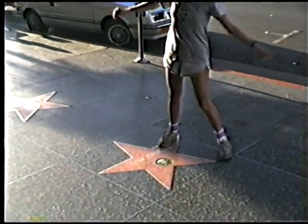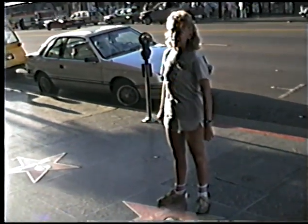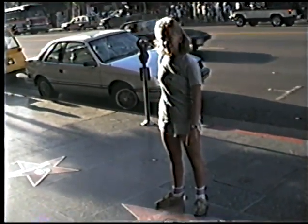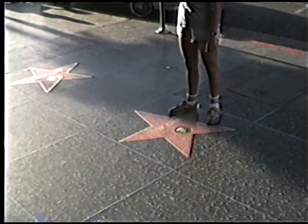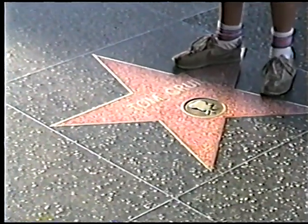Whose star is that, Sarah? This is Tom Cruise's star, Dad. Why do you like it so much? Because it's his. Why else? I just like the show. Well,